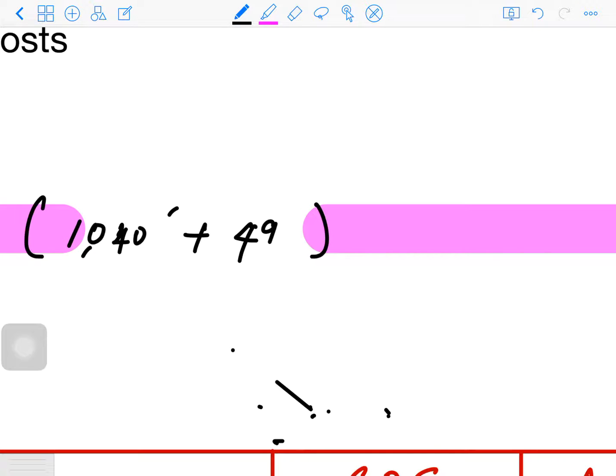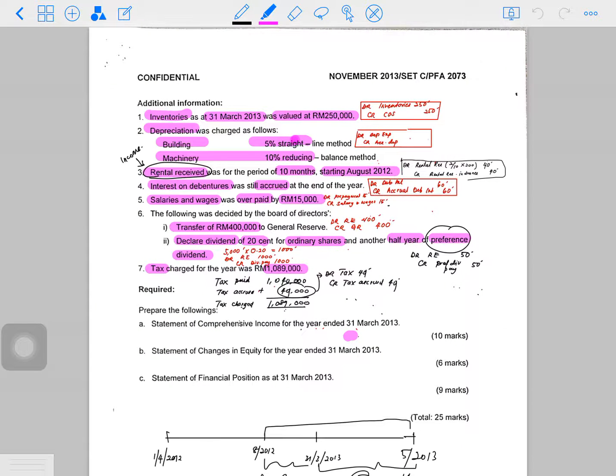Okay, debit tax, credit tax payable, okay, in your financial position. Okay, 49. So that's it. That was the last